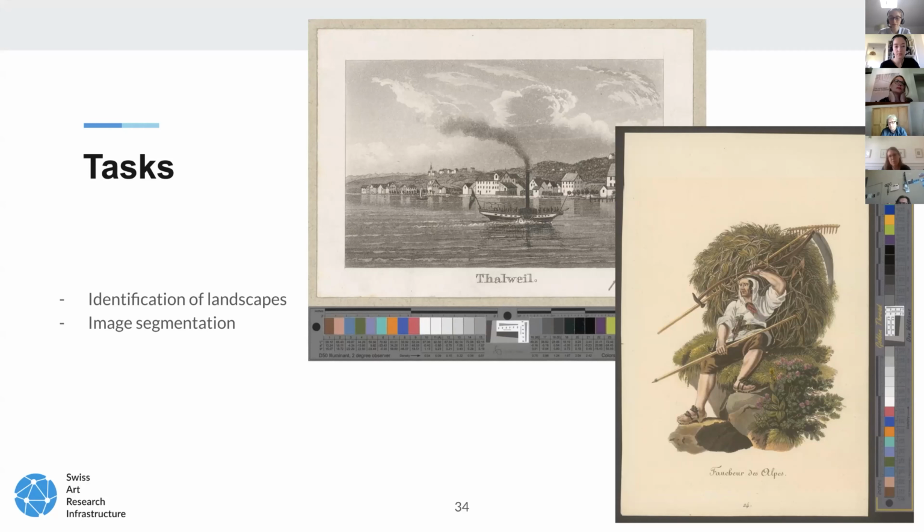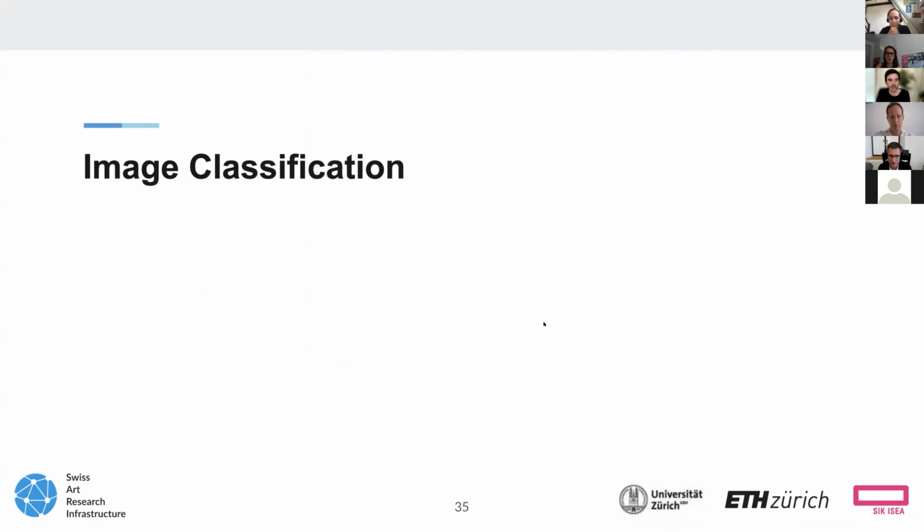And the other task is image segmentation. So you see that we have, in this example, the print itself on the document with the background and this calibration bar. For display, we would like to be able to focus on the image itself, but without getting rid of the outside artifacts. So the image classification,